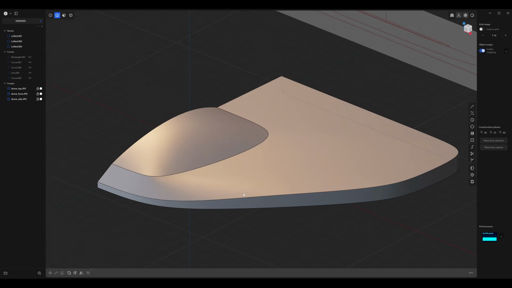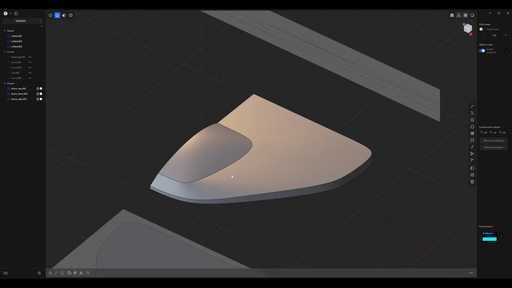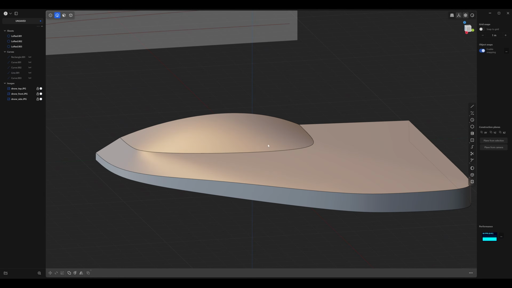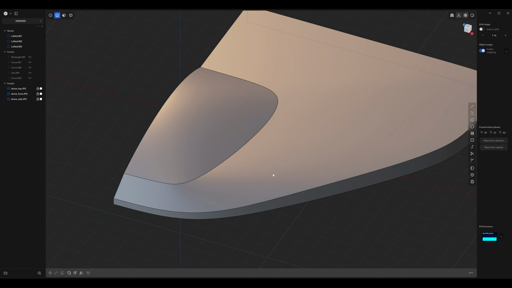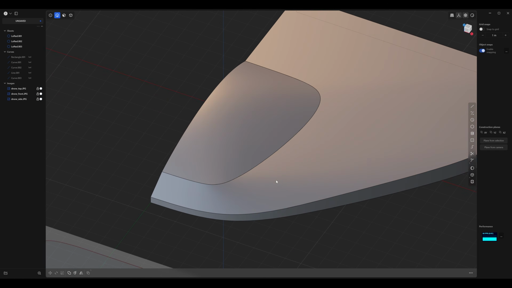So how do you blend between surfaces? Well, you need to cut out a space between them so that we can then re-merge them with a nice fluid surface. And there's multiple ways of doing this. You can create any shape you want and project it. Or if you want to keep them evenly spaced, you can create a pipe or an offset. In this case, we're going to create a pipe by using a curve from the surface.